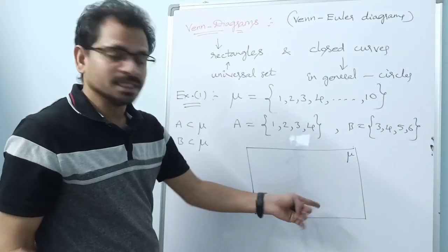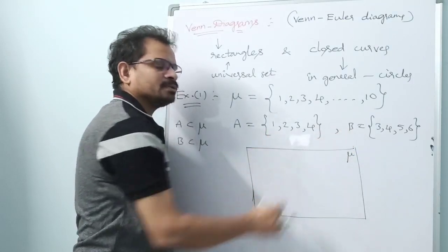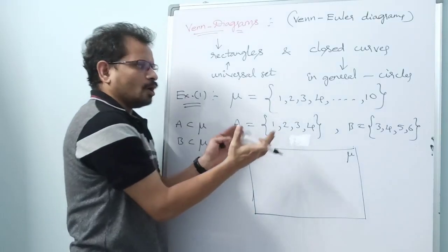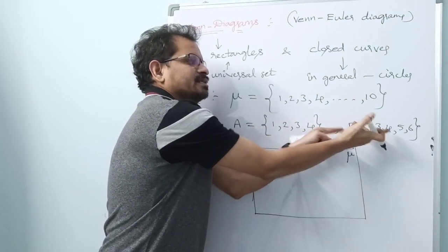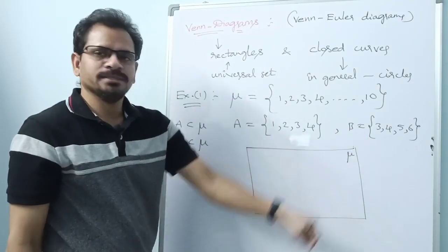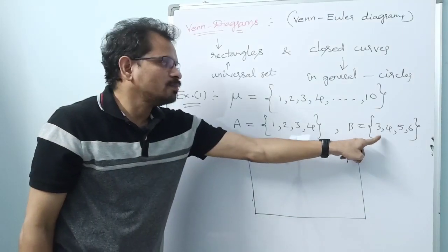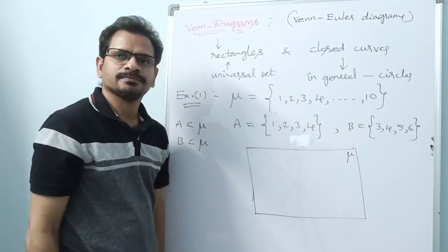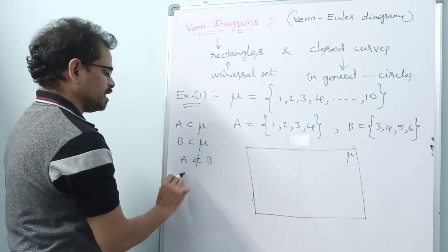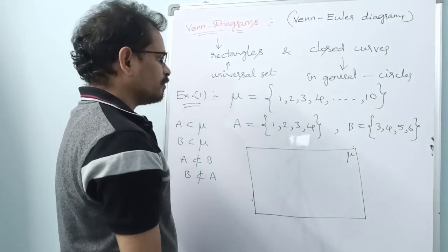No, in the previous case B was a subset of A, but here let us check, is A a subset of B? Yes or no? No. How can we say? If it is a subset, all its elements must be there in this set. 1 is there? No. Itself it fails. So A is not a subset of B. Then is B a subset of A? Same logic. So B is also not a subset of A. So how can we write here? A is not a subset of B and B is not a subset of A. So how can we represent this here?